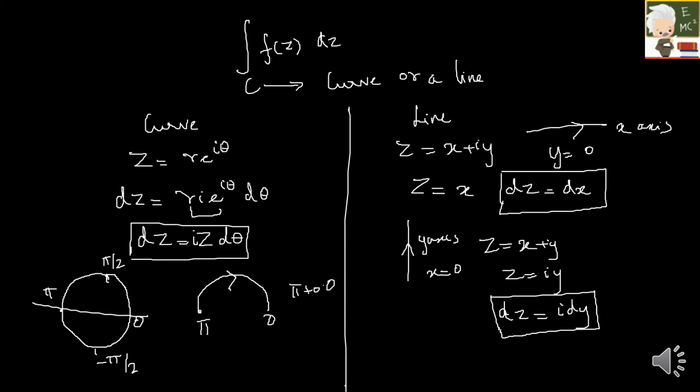One more thing they can say is the right half of the circle, which means this particular half. It is from pi by 2 to minus pi by 2. Again, here they will mention whether it is clockwise or anti-clockwise. If they say anti-clockwise, then your limits are from minus pi by 2 to plus pi by 2. Hope you got what we have discussed now.